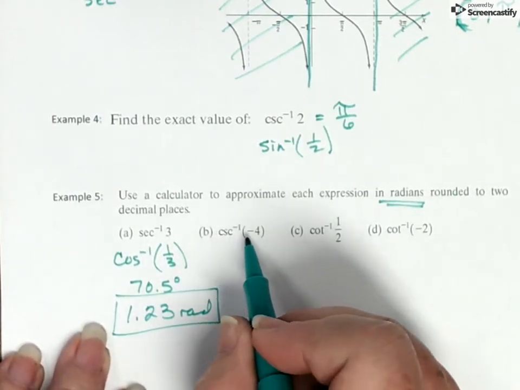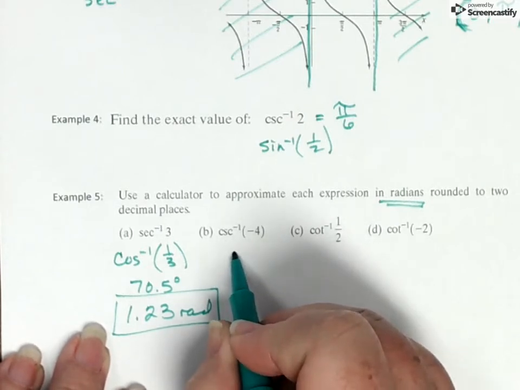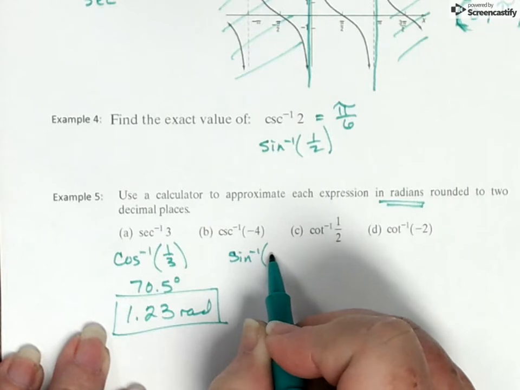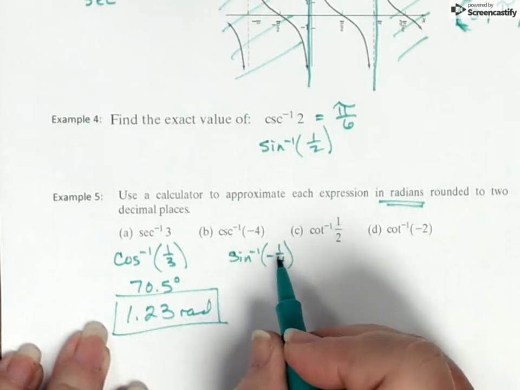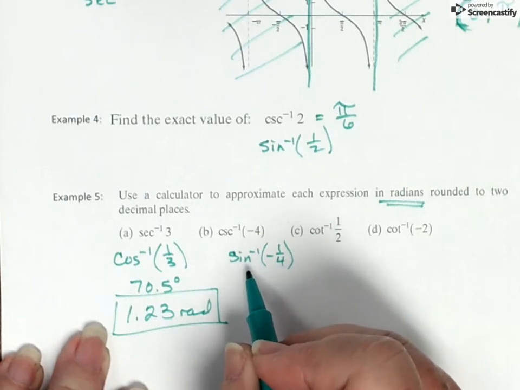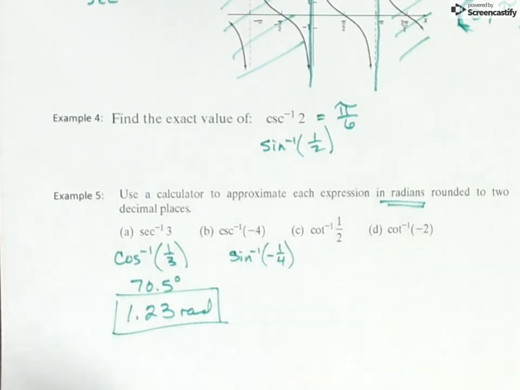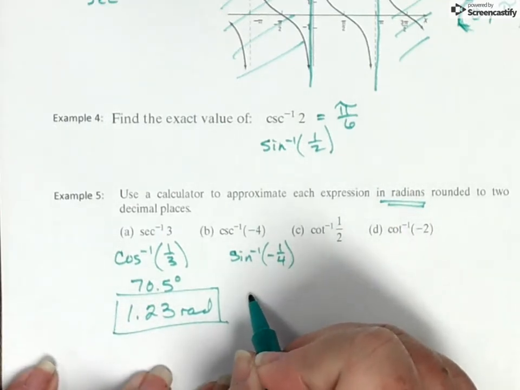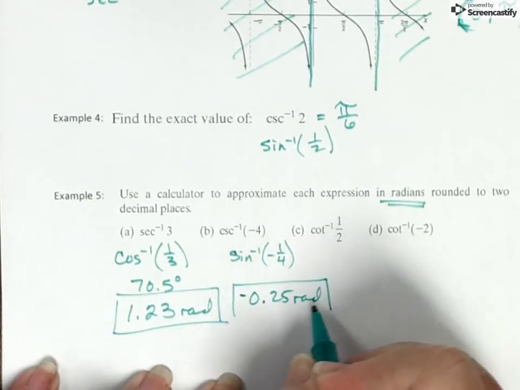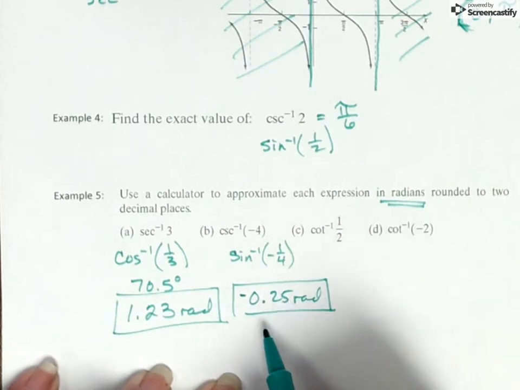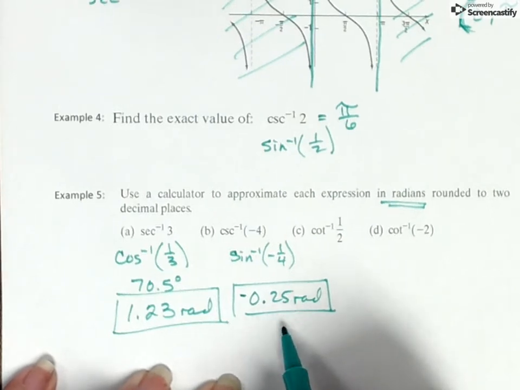Looking at the next problem, we have cosecant. Cosecant is the reciprocal of sine, so I'm going to do the inverse sine of negative 1/4. That's going to end up in quadrant 4, because sine is negative in quadrant 4 and inverse sine is restricted to quadrants 1 and 4. So in radians, let's type the inverse sine of negative 1/4, and we are going to get negative 0.25 radians. And remember, negative radians up to negative 1.57